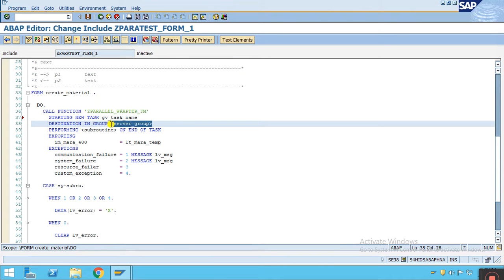So here we have seen in our system we are having many server groups. Out of that there is one server group that is parallel generators, right? So parallel generators, I'm going to use parallel generators. You can use the default one also. Okay,